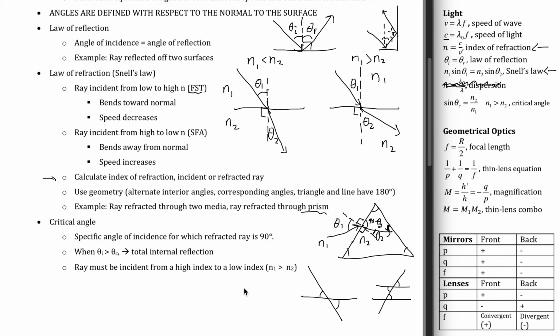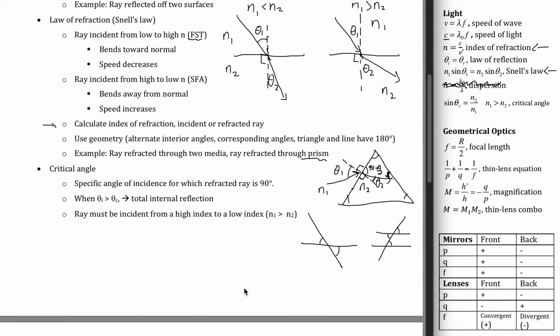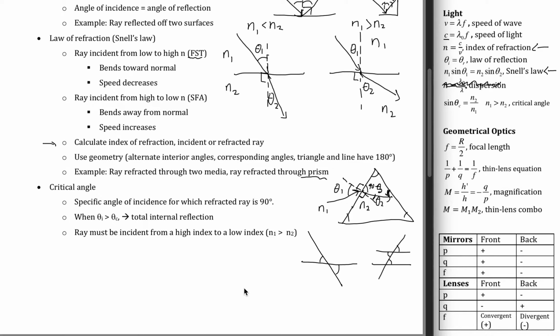Let's do one more topic here to finish up this chapter. Let's look at the critical angle. The critical angle is an angle that tells you if a ray is going to be able to escape out of a certain medium. So if you have a medium that has N1 and then you have a ray of light, and if N1 is higher than N2,